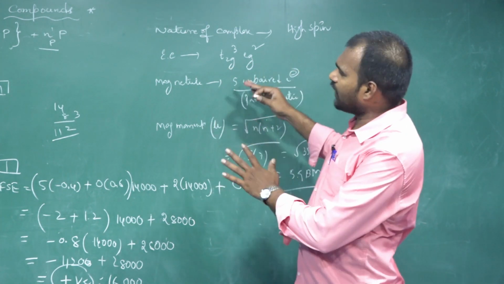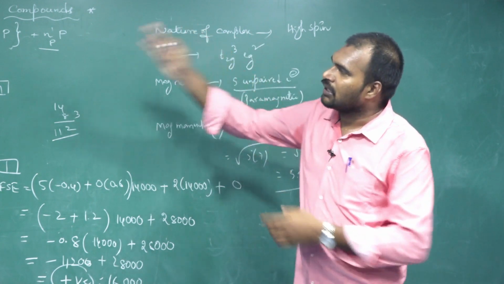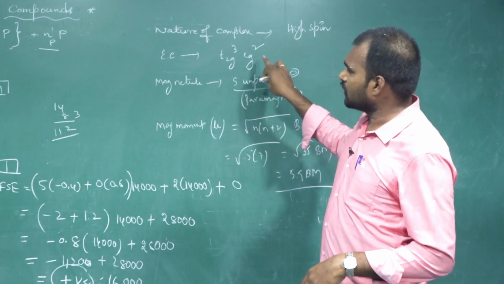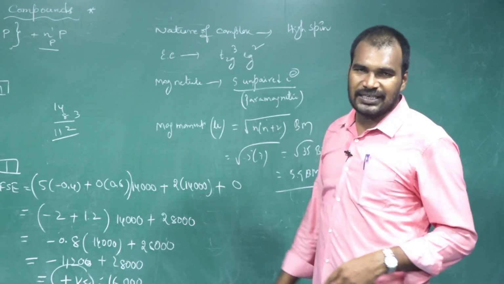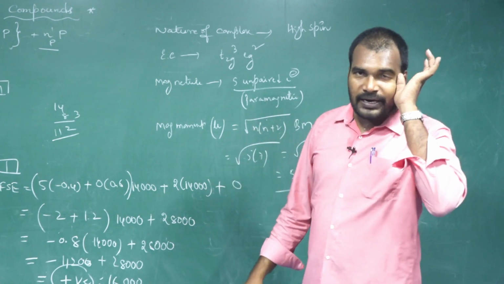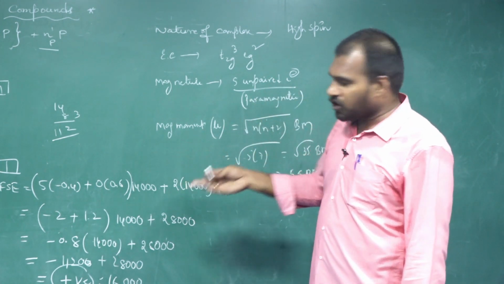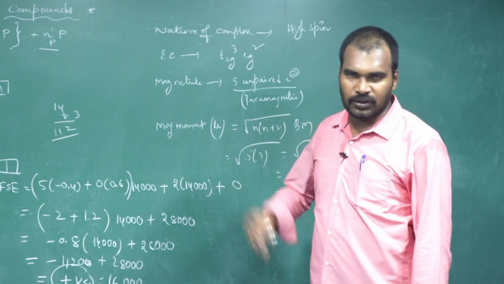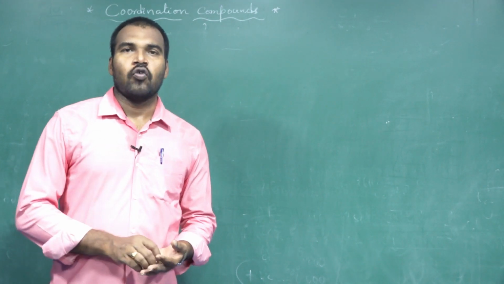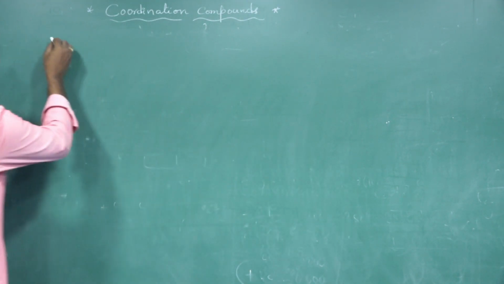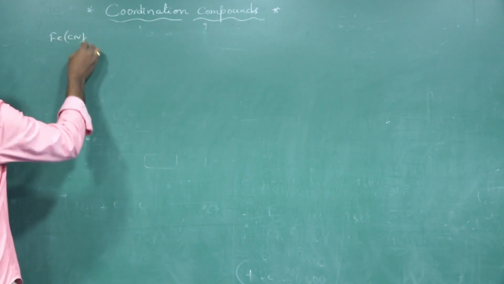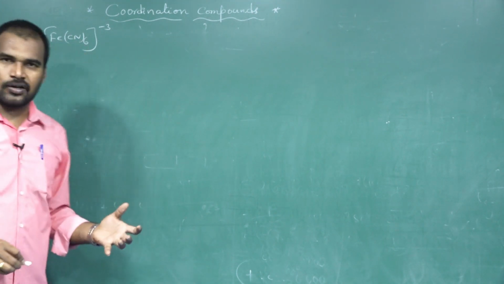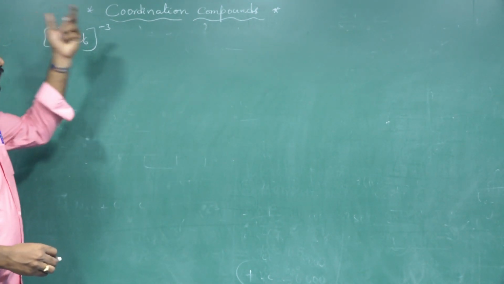So this is the final conclusion for the given complex. Hexaaqua iron(III) complex is a high spin complex. The correct electronic configuration is t2g3 eg2 and it has a total of 5 unpaired electrons. That is a paramagnetic nature, and finally it has 5.91 Bohr magnetons magnetic moment. The next complex, hexacyano iron(III) complex, [Fe(CN)6]3-.